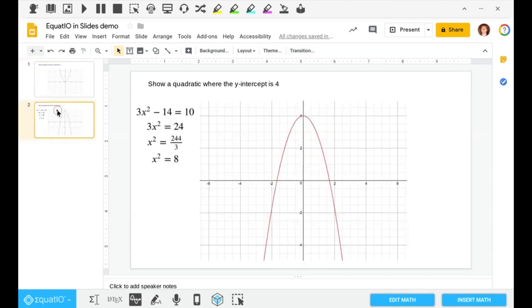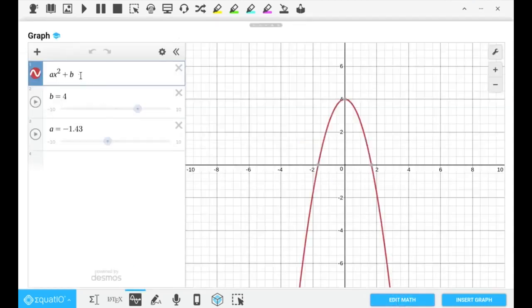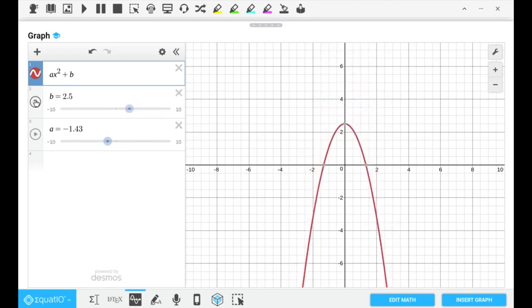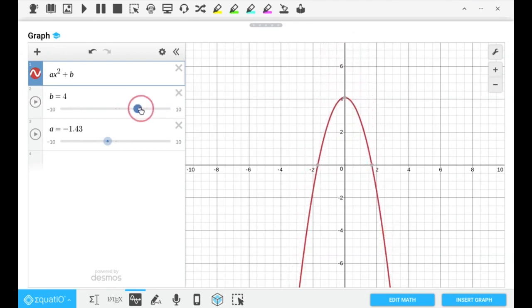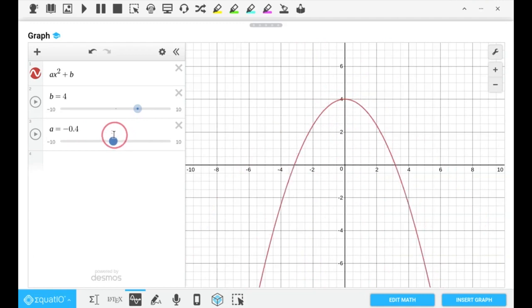And so here they could take that and they could do this on a piece of paper. Here on this one, I gave it as, on the graph that I gave them, ax squared plus b, and they can then go ahead and play around with these different toggles and sliders to see what they have to do to make that. And they might see, oh, if b is 4. And they might be able to change these other ways and say, oh, there's an infinite number of them because that a doesn't do anything as long as it goes through that point 0, 4.